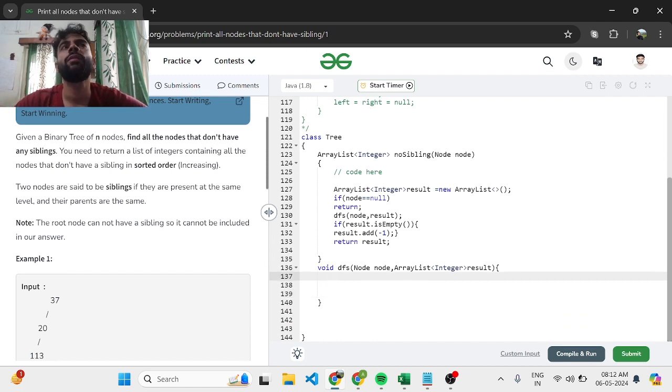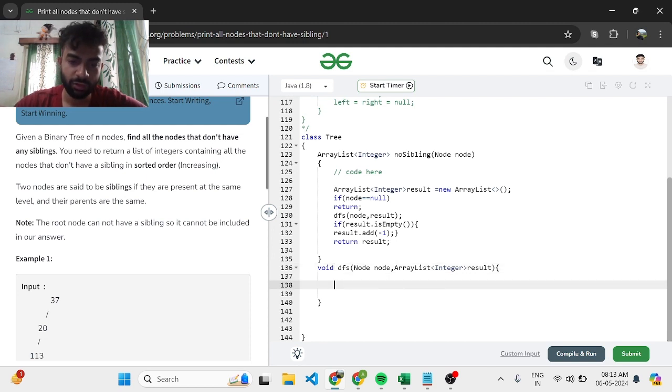First we have to check whether the node is null or not, and then we have to recursively call the function. In that case we have to check if node dot left not equals to null and node dot right